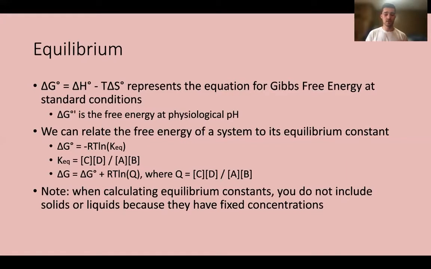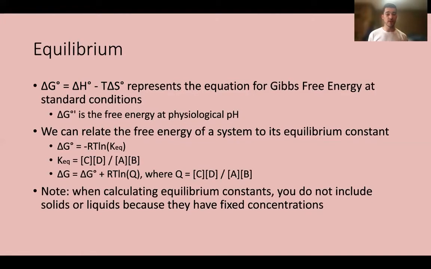Delta G, that little mark above these deltas just means under standard conditions. So when we take standard conditions, we can calculate standard conditions, and it's very helpful for us to actually calculate the delta G in practice that's actually happening in the reaction. So delta G equals delta H minus T delta S obviously represents the equation for Gibbs free energy at standard